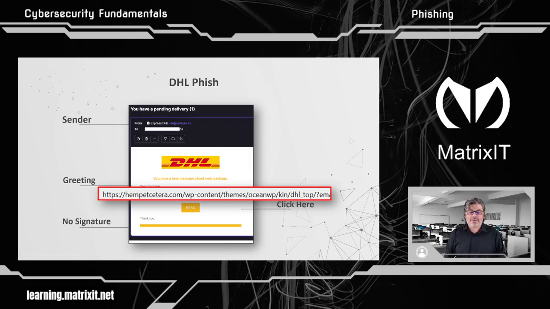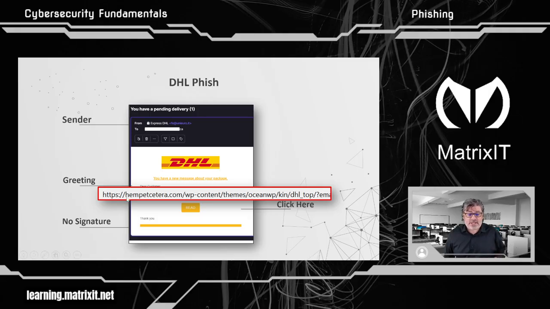Okay? So we have to be very, very careful again when they have just these buttons, read or process or change password or something along those lines. Like I said, all these things together will show you that there may be a problem. Now, one thing I'm going to tell you right now, if you're not going to be able to figure that out, that's fine. But if you get a DHL email or a Netflix email or some other email from a company, go directly to the company and log in there to check. Do not use that button.